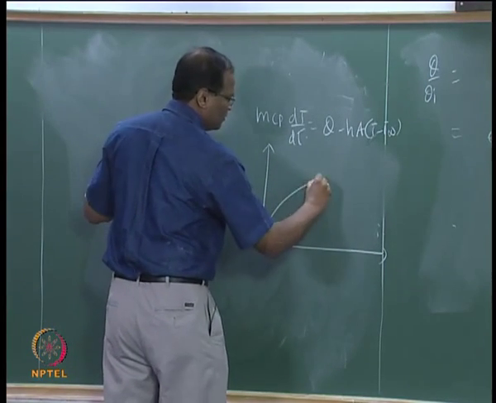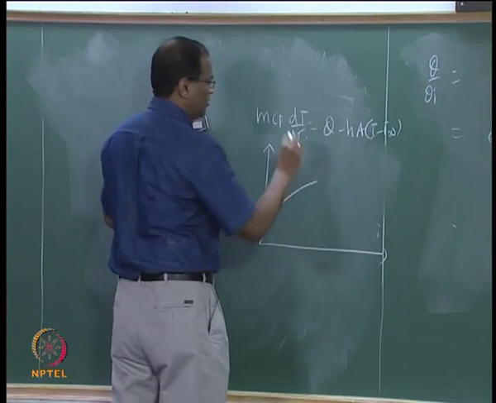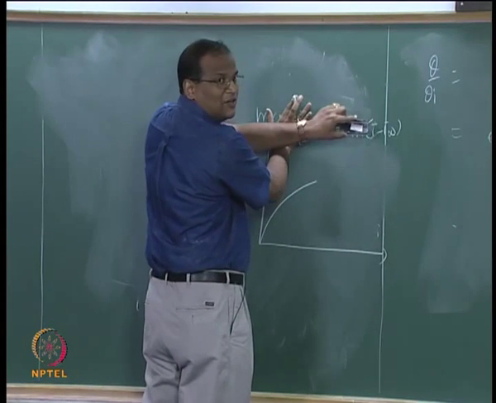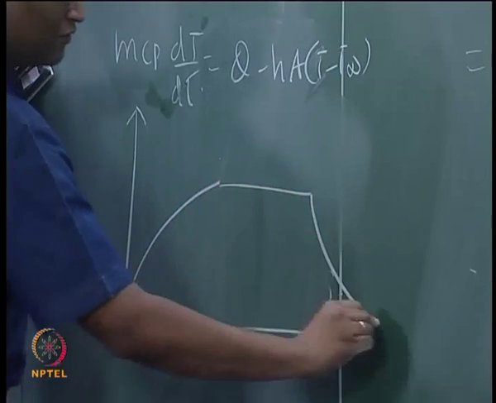Initially the temperature will rise, then the temperature becomes so high that the losses will be equal to Q, then this will vanish, then Q will be equal to hA into T minus T infinity, and you will get the steady state temperature. Then if you switch off,